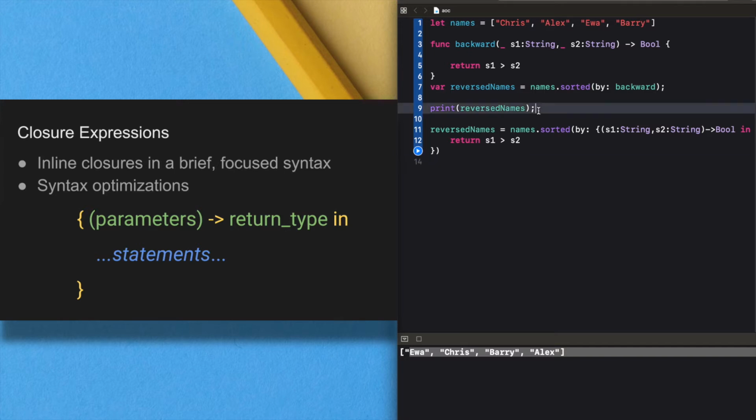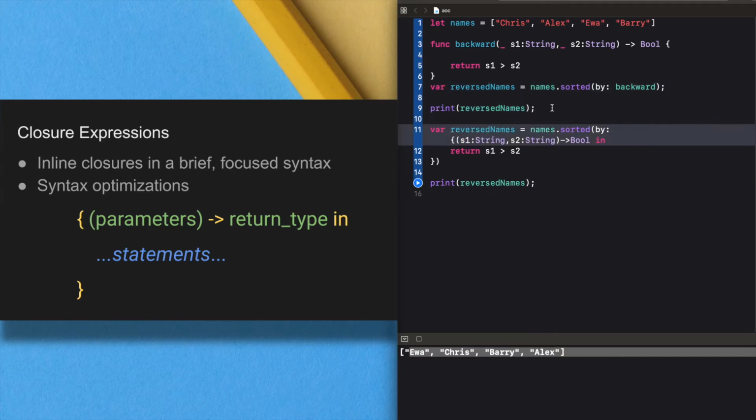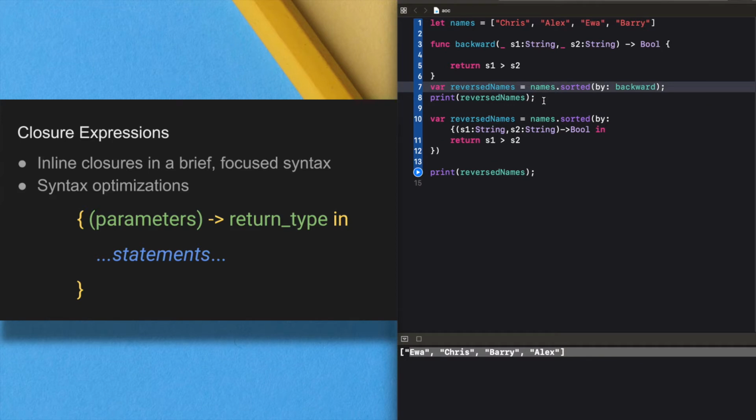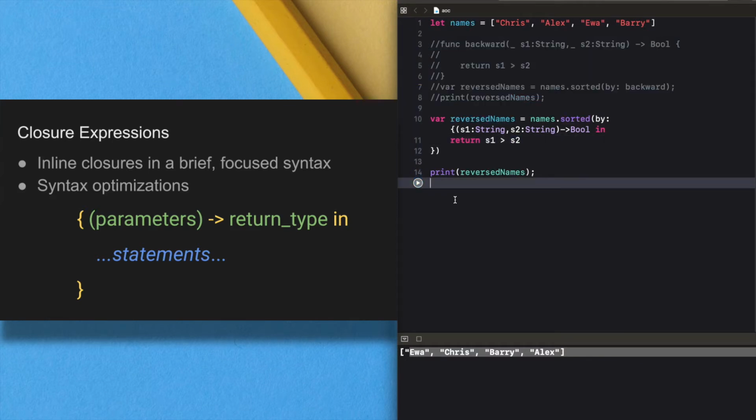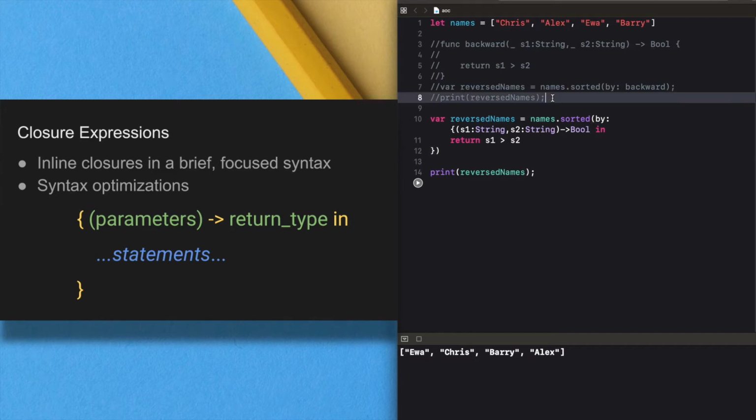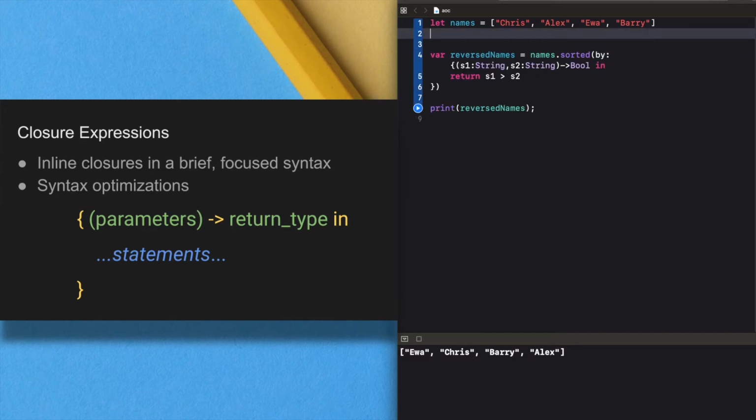We can check that it's the same as the method. I'm going to comment all that out. See, we have the correct answer. So this is better, and we can delete that one.